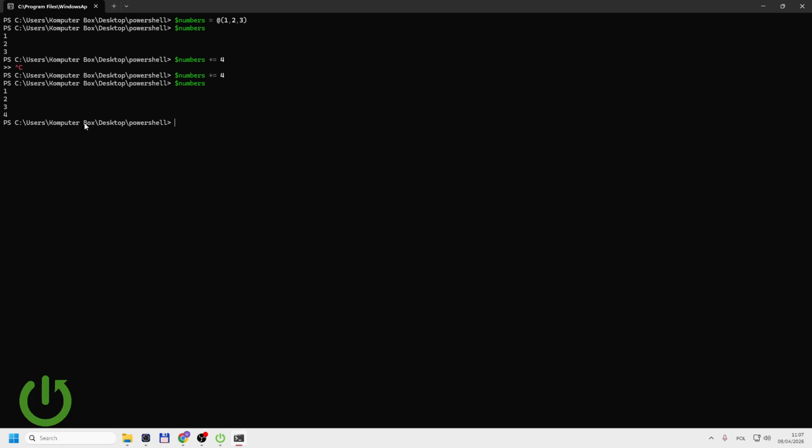Now the array contains, as you can see, 4 numbers, but it's very important to say that this plus equal sign creates a new array each time you use it. So it is not really efficient for large data sets. And I will show you some better alternatives that are better to use with bigger data. But first, now we can move to the